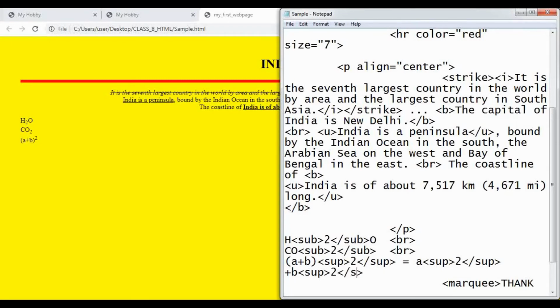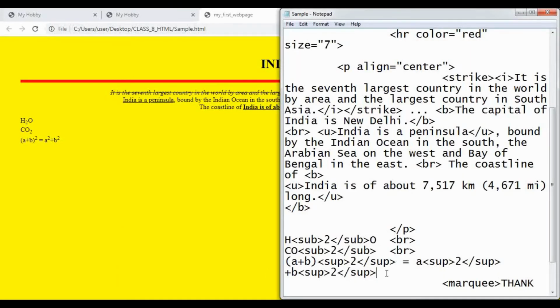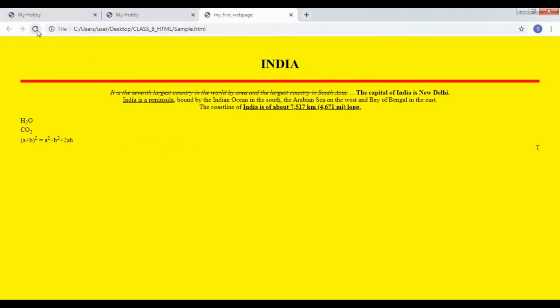Now just save it and refresh here. a plus b whole square is equal to a square plus b square. Then plus 2ab is normal text, so you can type it normally, 2ab. That's it. This is how you will write the formula for a plus b whole square.